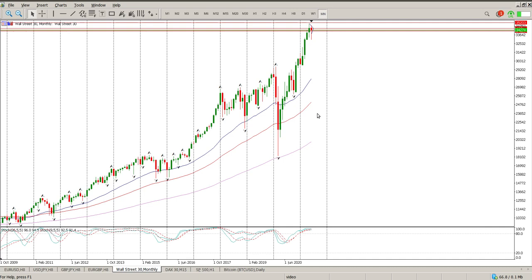We have a red hanging man brewing on the monthly. That is not very bullish. Look at our oscillators at the moment. They are grouped to the upside, extremely overbought, and look at how far away we are from the moving averages. Now ideally